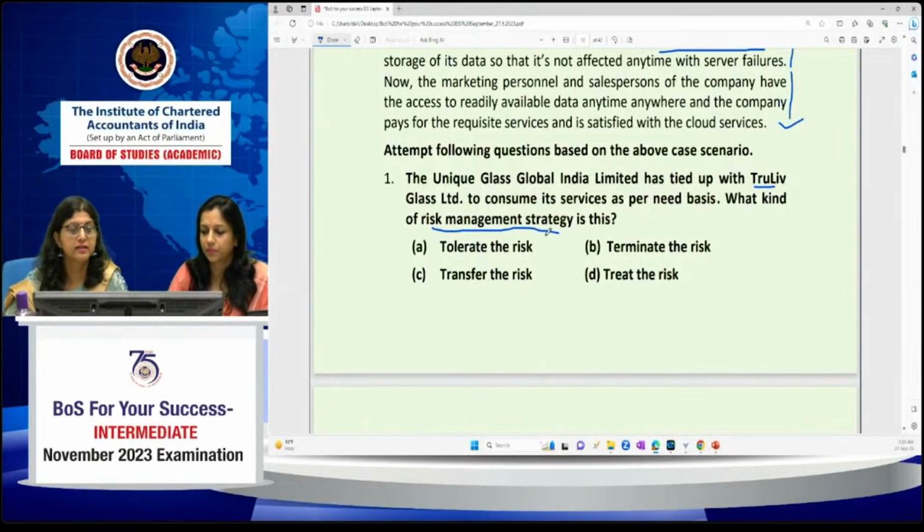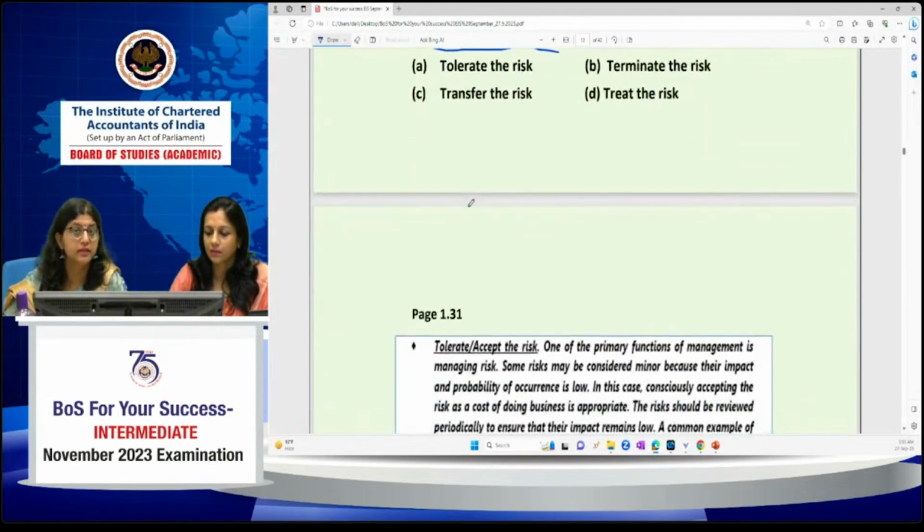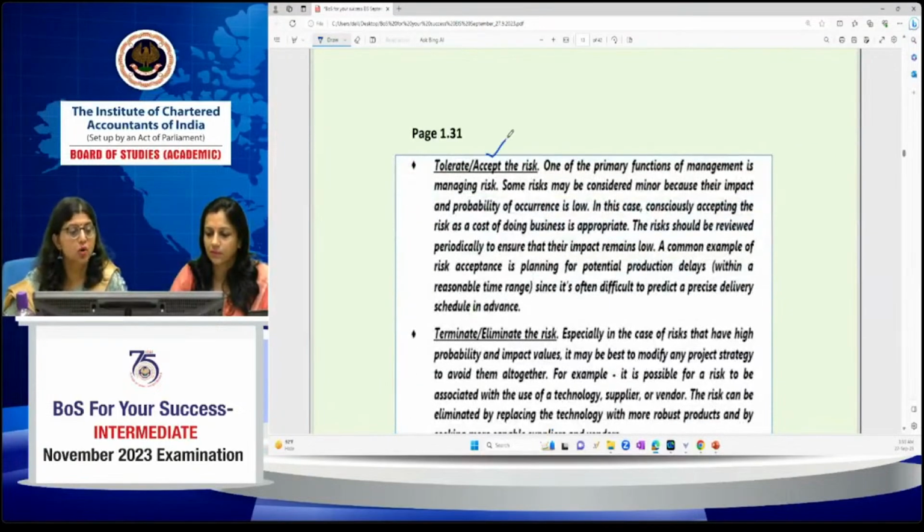That risk management strategy was a part of chapter 1, and these are all the 4 risk management strategies that are there. So one has to have a clear understanding of what these are, and there are very minute and beautiful differences between them. So first, tolerate the risk, as the name suggests, that we will tolerate the risk here, or we will